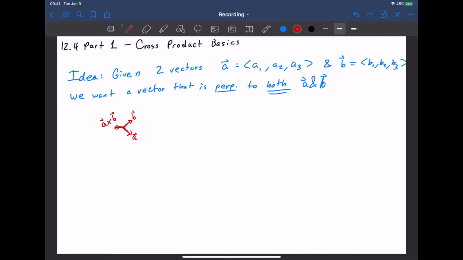That's why this section is important before we talk about planes in section 12.5. So we're trying to get out of the plane that's generated by A and B. Two vectors together make a plane. We want to see what would be the vector pointing orthogonal to both of them, or orthogonal to the plane. So the definition that we will use is that A cross B